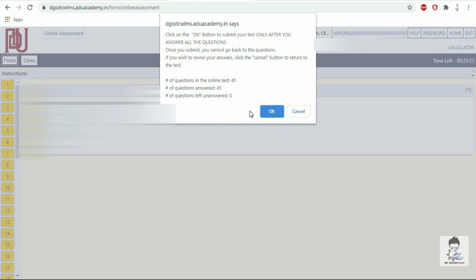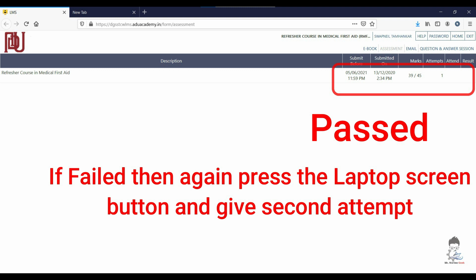Just to be sure that you have attempted all the questions, you press OK over here, and it will automatically calculate how many questions are correct, how many are incorrect, and show you the results, which can be shown right now on the next slide. So if you have cleared the minimum passing percentage as mentioned in your course ID, etc., it will be clearly mentioned over here how many marks you have scored.